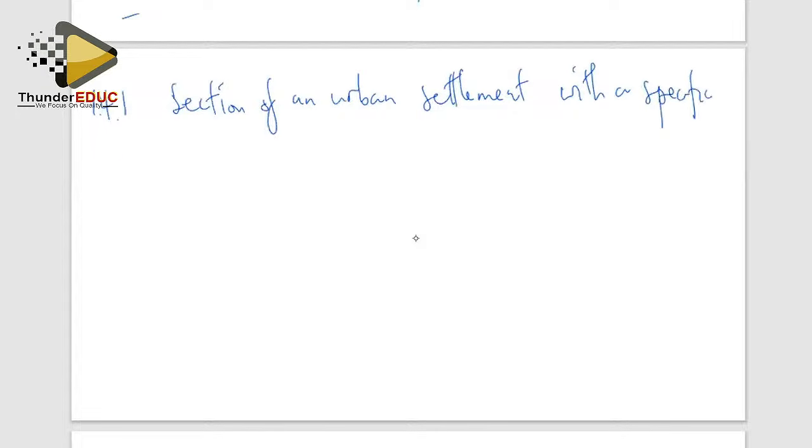When we're talking of a land use zone, we are saying it's a section of the urban area of an urban settlement with a specific dominant function. It's a section of an urban area that accommodates a specific dominant function, which means in that particular area, there